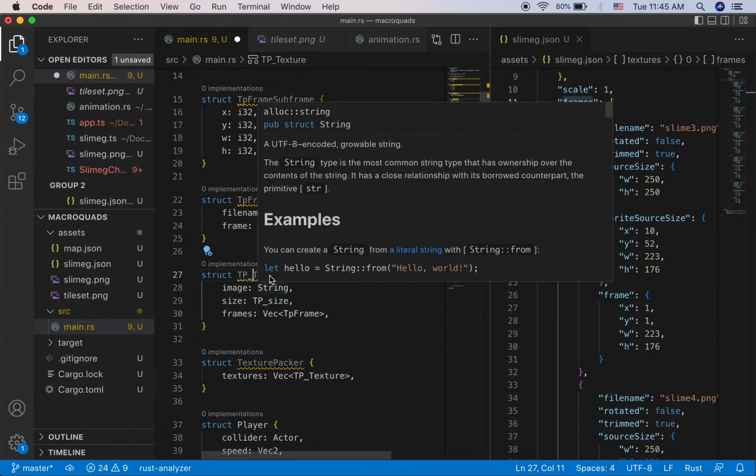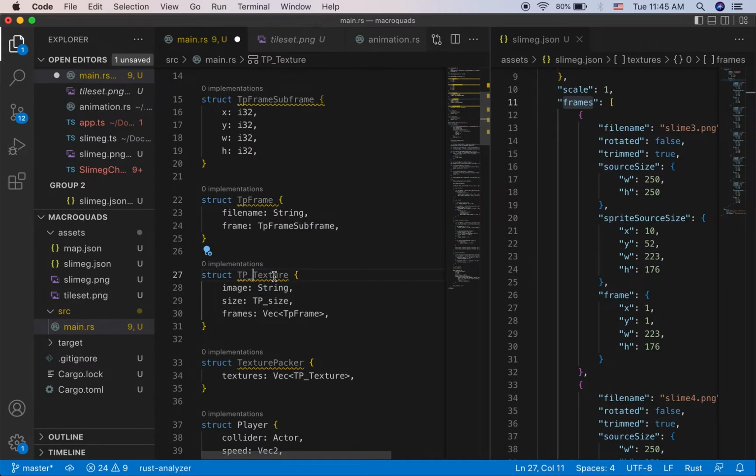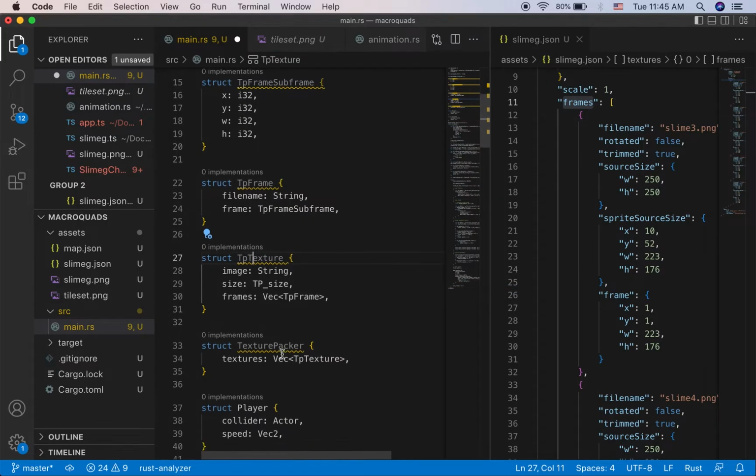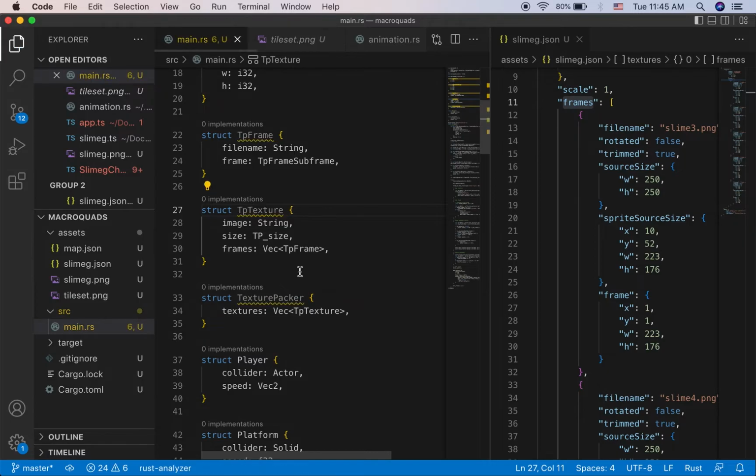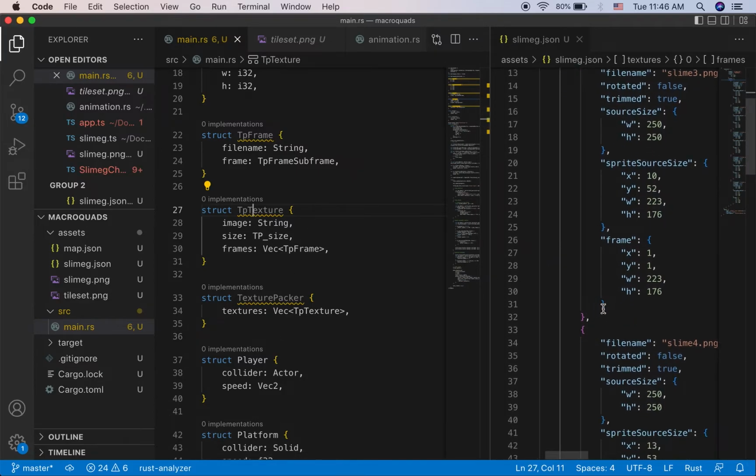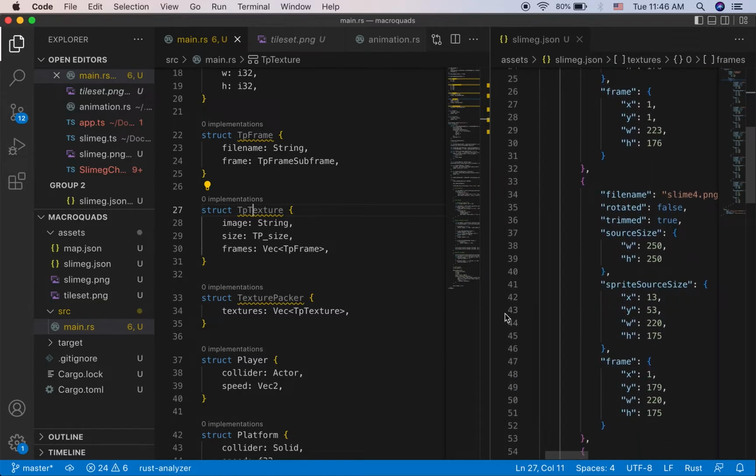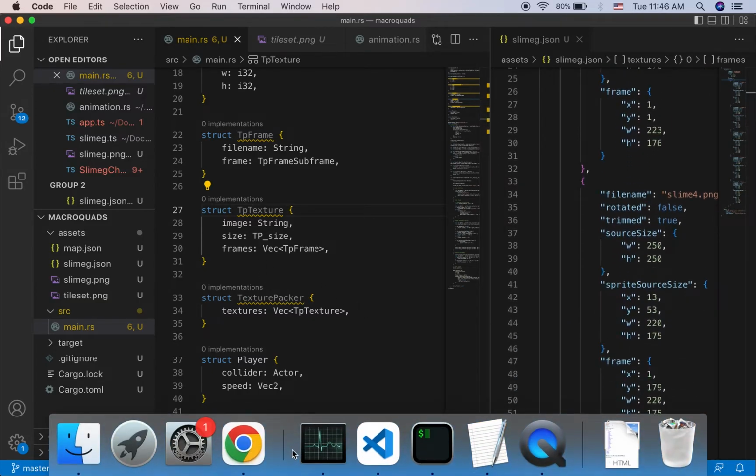Rename. Quick fix. Rename. All right. So this is done. Now, in order to actually make these serializable,